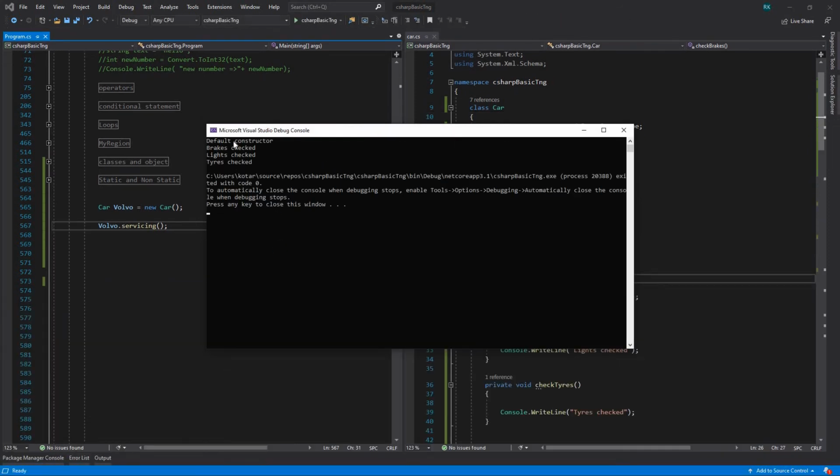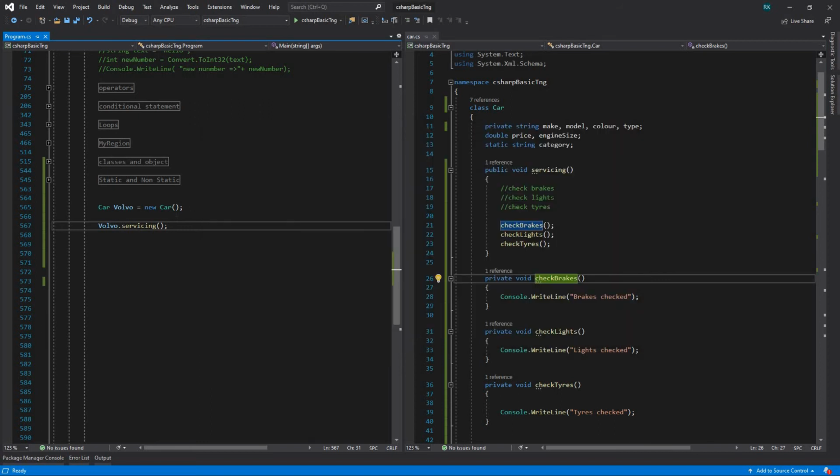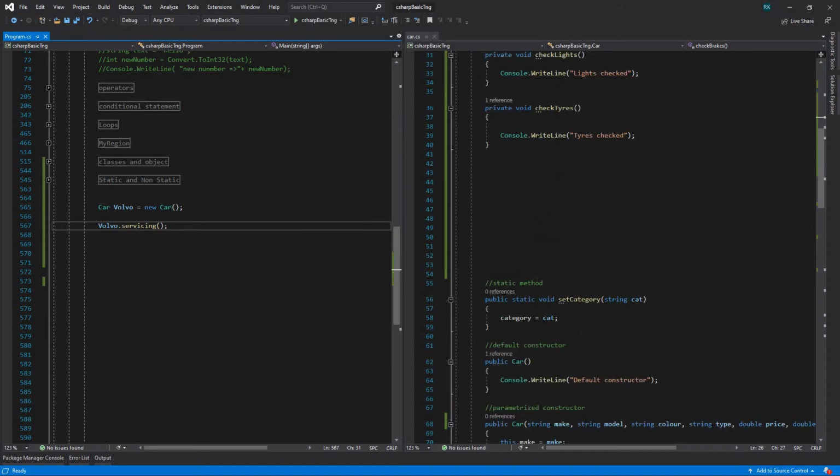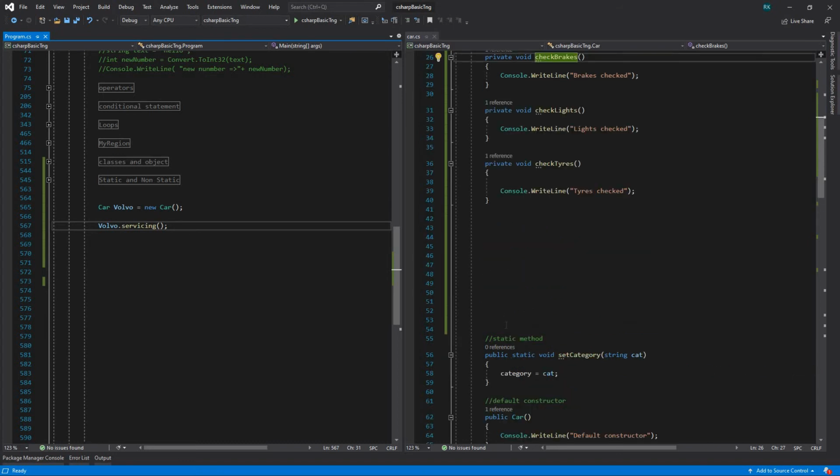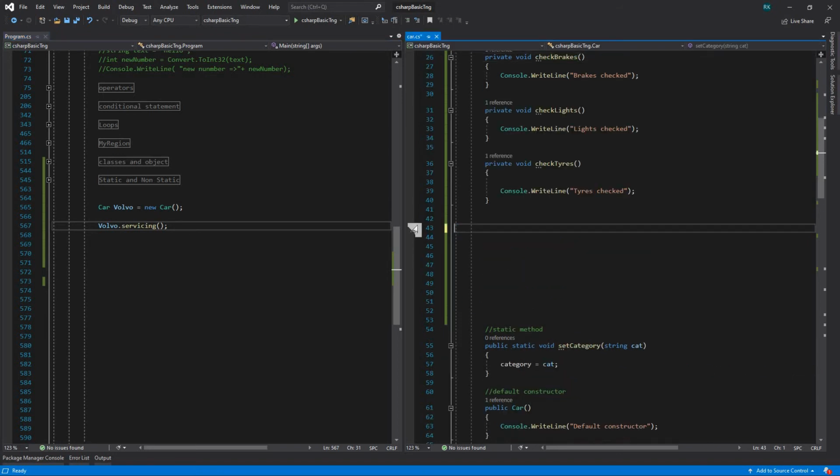Okay, so brakes checked, lights checked and tires checked. And that default constructor string is coming from our previous session where we said for a default constructor, we are creating an object and it is invoking the default constructor. Okay, so that's the private